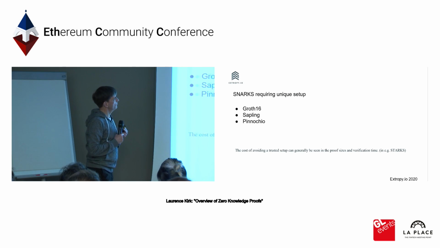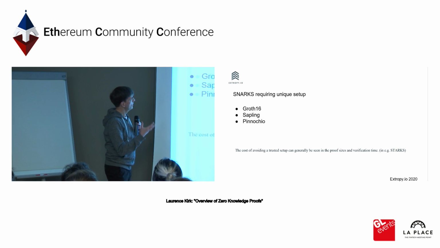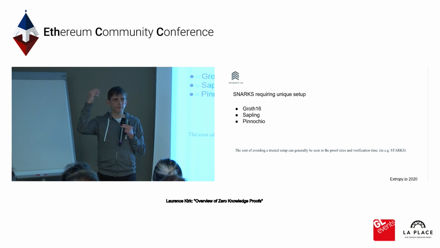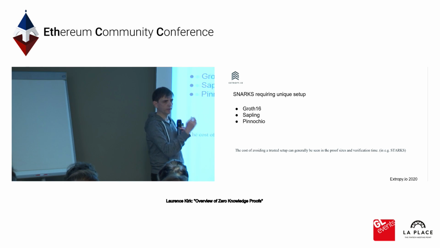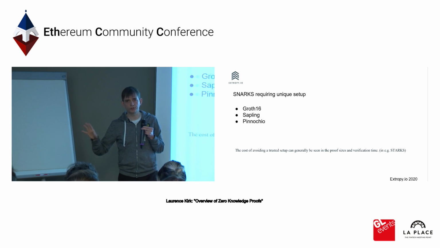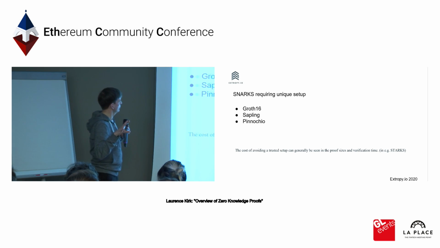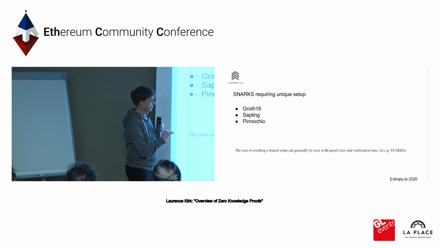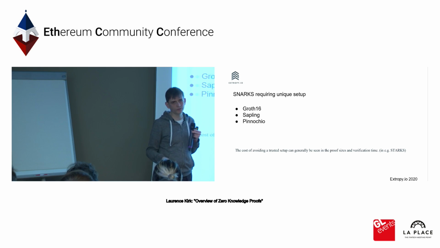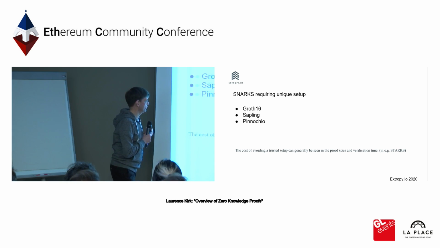So when SNARKs were first being used, I guess, they all required a unique setup. The idea was, for a particular problem you were trying to solve, a particular algorithm that you were trying to produce a proof for, you had to have this setup. This setup would then provide the information that the prover and the verifier would share, and it would describe the proof. This had to be done in advance, and once you've done it, that was that. If you then change your algorithm or change the proof that you were trying to do, then you would have to run a new setup. So it was seen as quite a limitation.